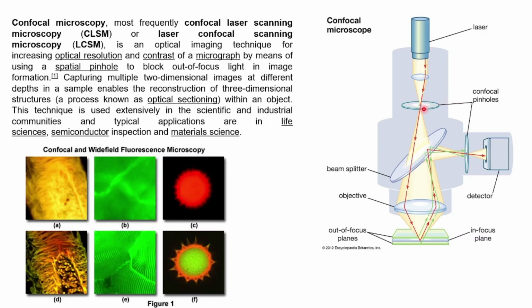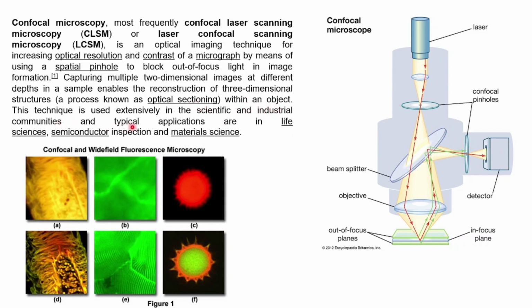The pinholes basically block the out of focus light. In the wide field microscope, there's a lot of out of focus light that is falling on the sample, and the images are coming out like this, blurred and not clear. But the pinholes here block the out of focus light, and capturing multiple two-dimensional images at different depths in a sample enables the reconstruction of the three-dimensional structures, also known as optical sectioning within an object,